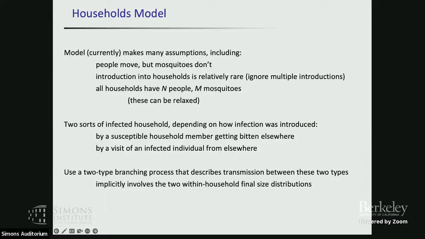So should I think of the households as, N is large, but the number of people in a household is always small? In this case, we have a large number of households, all of which have the same number of people and the same number of mosquitoes, yeah. In this very simple version of the model. That's right. We always have a finite and small population size at the household level, both a small number of people and a small number of mosquitoes.